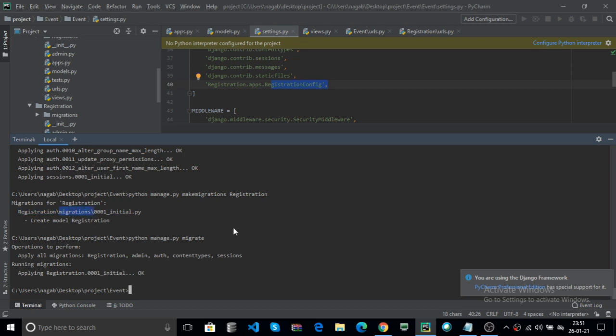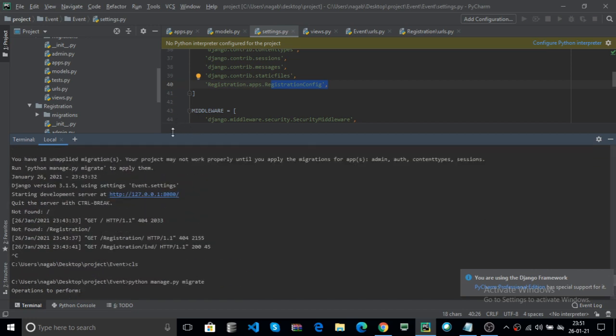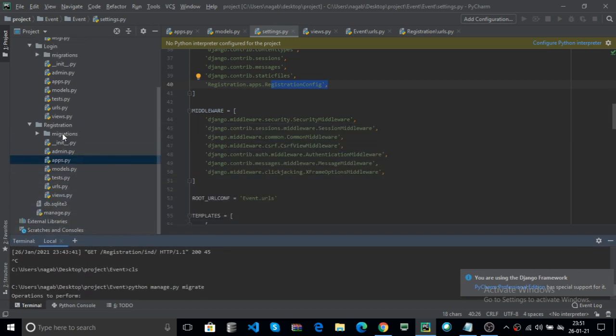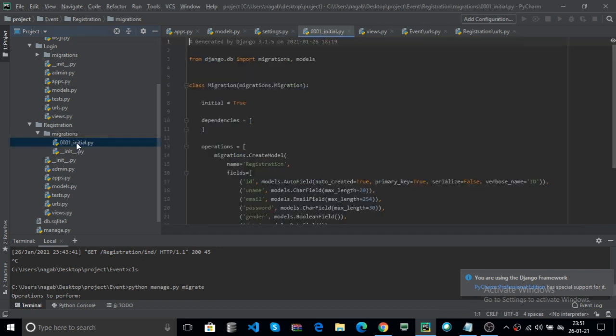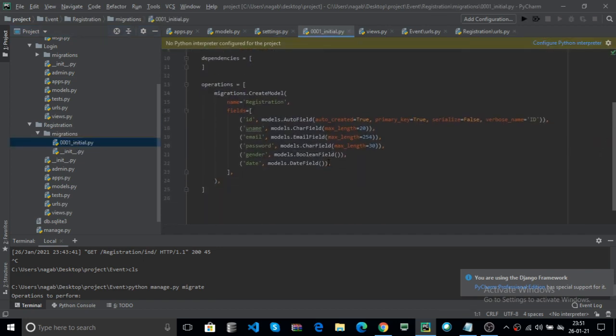Migrations is the sub package. Now go to that. Here in that migrations, 0001 underscore initial.py, now check, this is your table data.